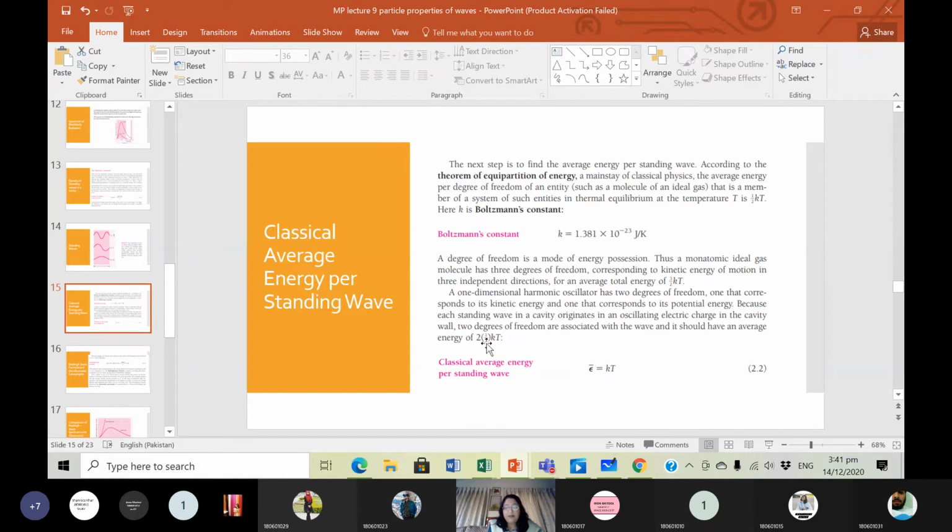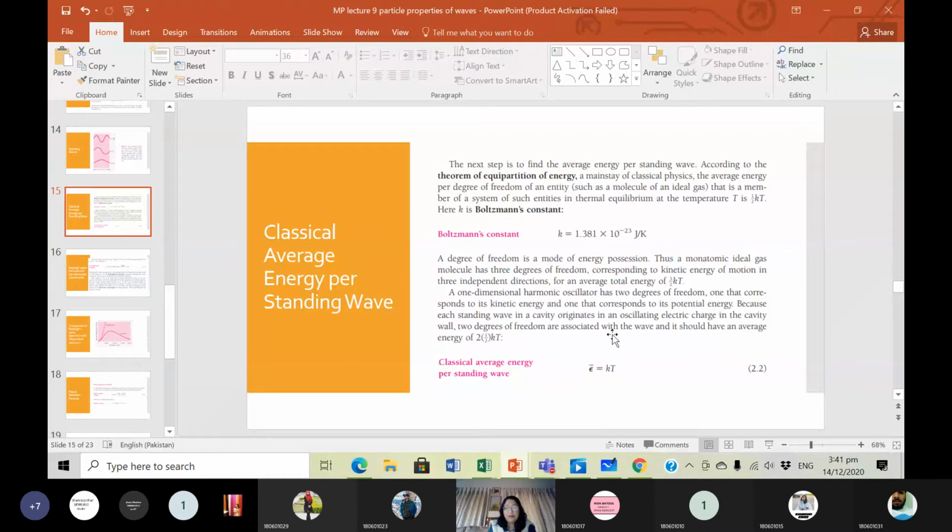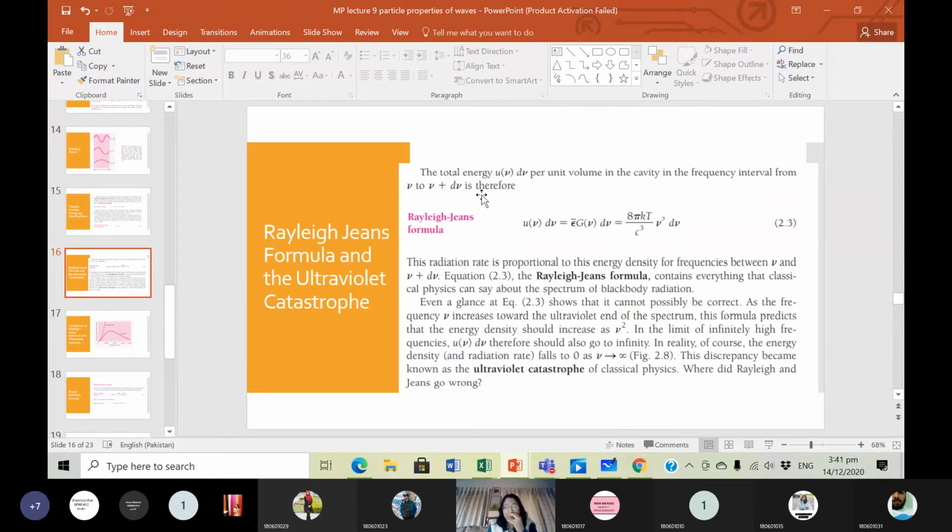So basically, it should have an average energy of 2 times half kT. So the 2 and the 2 will cancel, and we will get kT. So the average energy per standing wave is kT. Now, classically, Rayleigh and Jeans determined this according to classical physics, and later we will find that Planck determined something else which was a bit different, and Planck's one was the correct one. So Rayleigh and Jeans said that the total energy